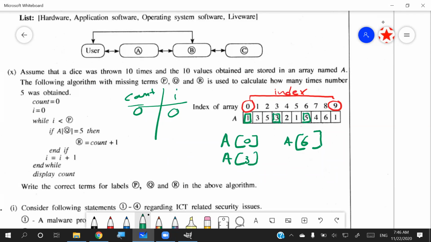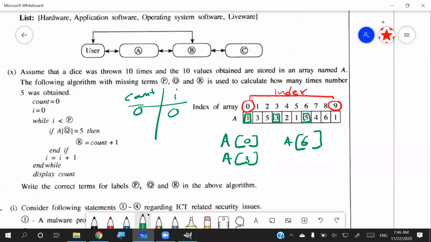If those are equal, you are going to increase your count, because you need to take the total count of the fives in these throws. So if you find a five, then you increase your count. Otherwise, you do not. So how are we going to do that? To fulfill the condition, it should be an if condition, right? So in the if condition, the answer should be